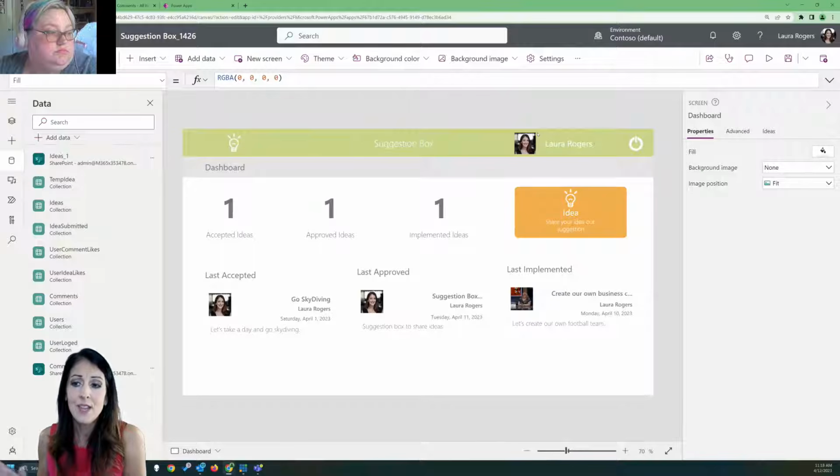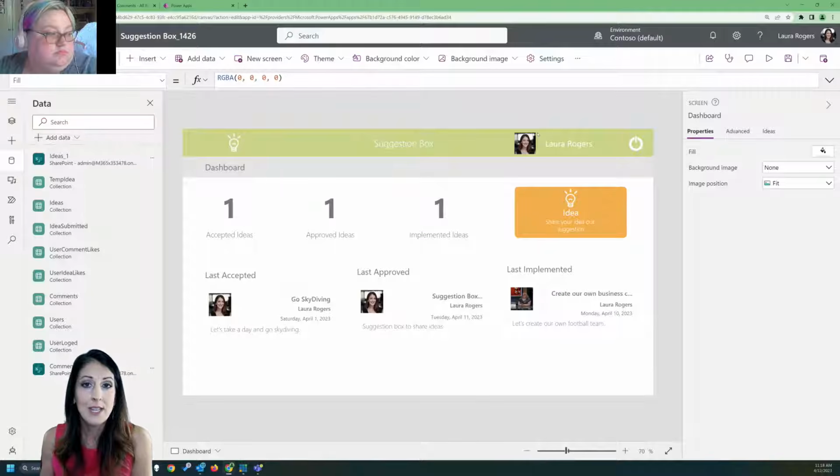So there's a lot of little things that you'll find in this app. And I feel like this template was created a long time ago, like when Power Apps was brand new, because there are a lot of ways that things are done in here that don't make any sense and they're very inefficient, but it's really because the newer ways of doing some of these things didn't exist. Like, for example,